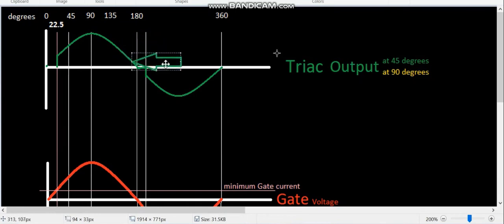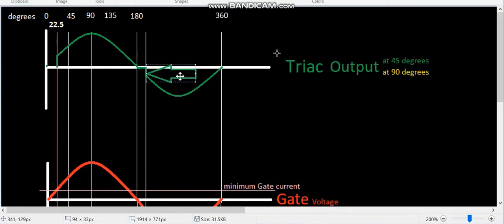And remember, it continues to conduct past that minimum gate threshold. That minimum gate threshold is what you need to trigger to turn it on. Remember, SCRs are hard to turn off unless it's in AC, right? So a Triac operates the same way. So that minimum gate current, it starts to conduct at this point, and then it stops because it passes a